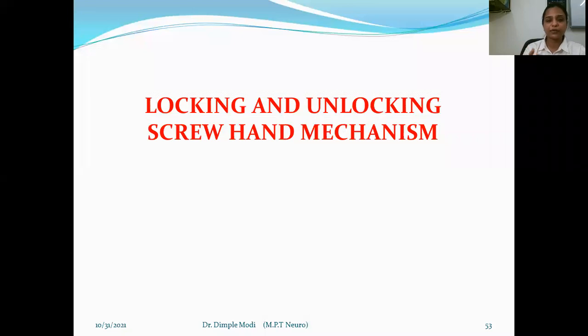Before that, I would like to explain the coupled motions. What are coupled motions? Coupled motions means two motions occurring at the same time. The true flexion and extension axis is not perpendicular to the shaft of the femur and the tibia. When you draw a line, the shafts of the femur and tibia are not in a perpendicular direction. So flexion and extension do not occur in a pure sagittal plane, but include the frontal plane also. Both components are included and create coupled motion.